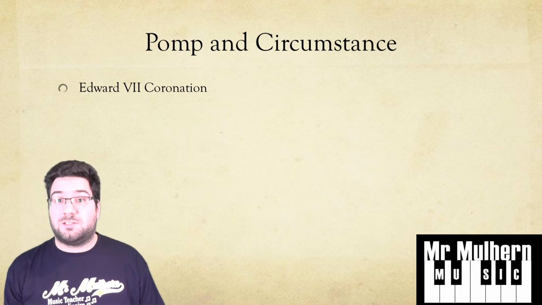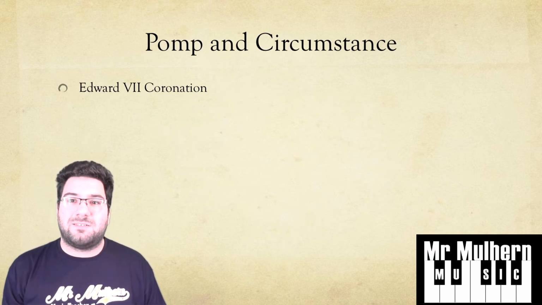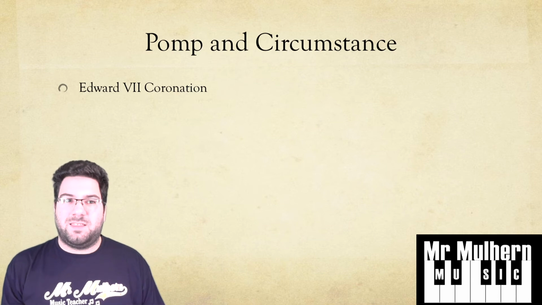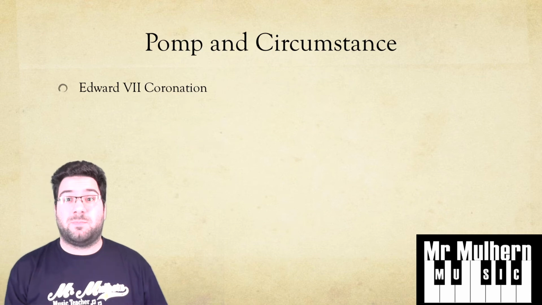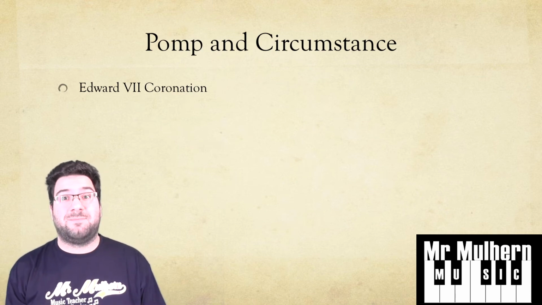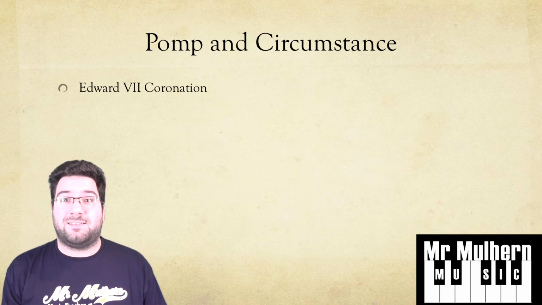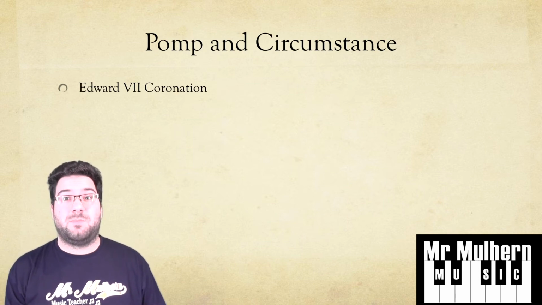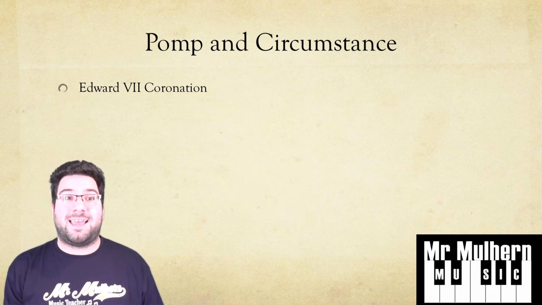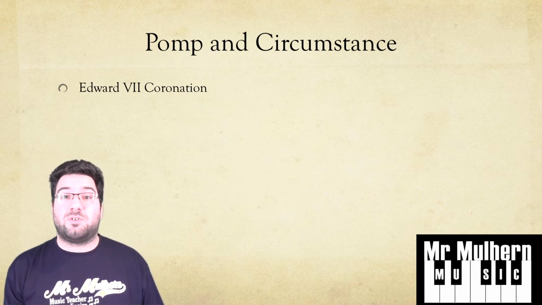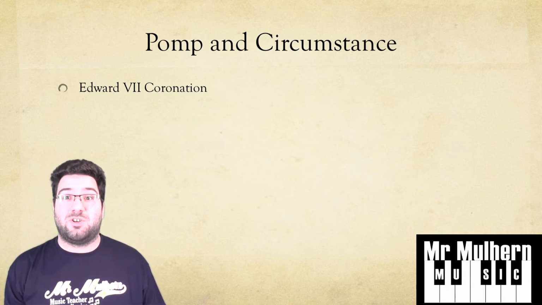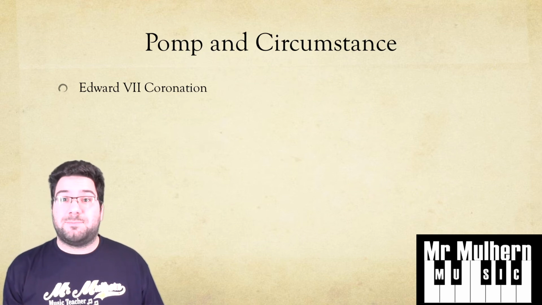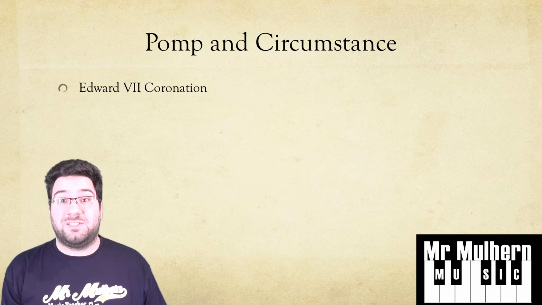He composed his first Pomp and Circumstance march and was then convinced by a singer that he should have some words with it. So words were written, and the song was changed slightly so it fitted. And there they had Pomp and Circumstance March number 1, better known now as Land of Hope and Glory. The song was so popular that it had to be rearranged to be published as a song by itself. It was a really popular song then, and it still is now, and it earned Elgar a knighthood, Sir Edward Elgar.